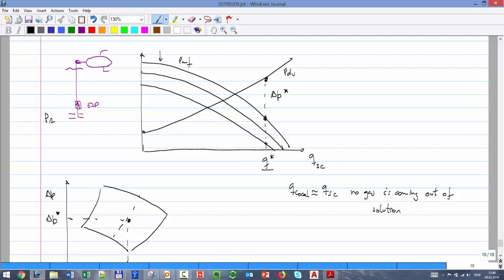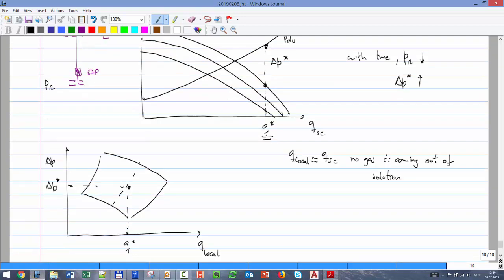So the Q star will always be the same, but what happens with delta P? With time, it gets higher and higher. So with time PR is reduced, and that means delta P star is increasing. If you make a plot of that, with the same assumption on Q, the delta P will be higher and higher, until